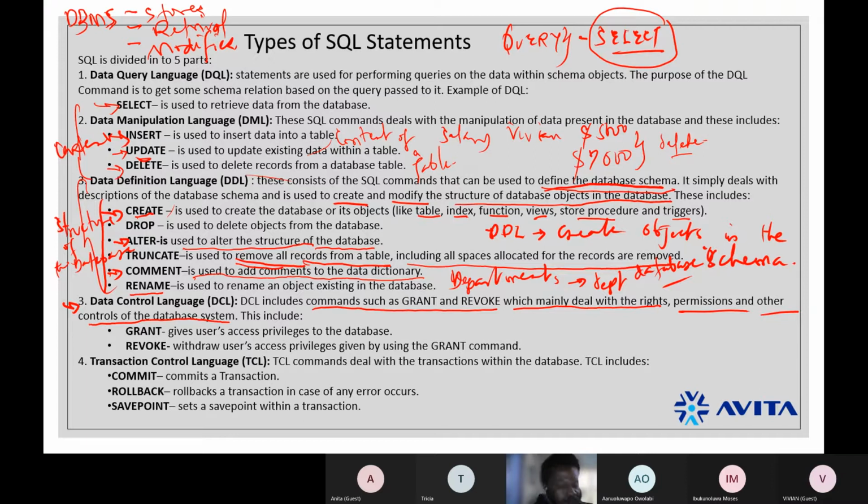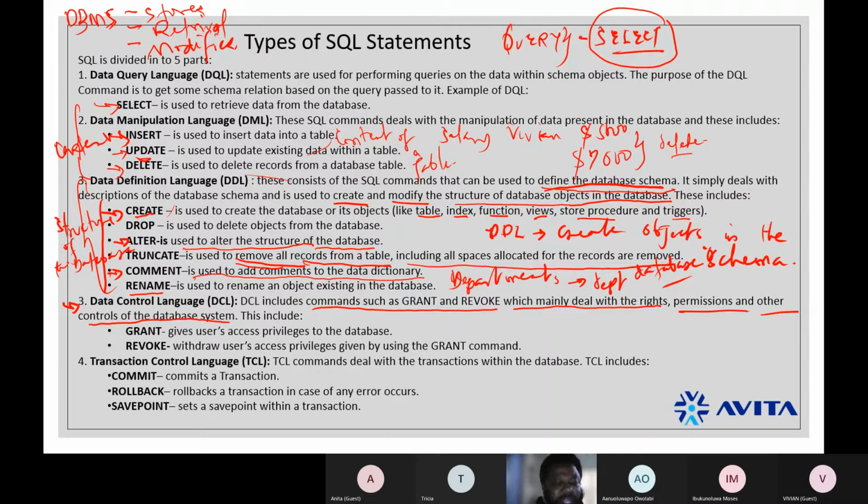Depending on the role that you have, your access on the database is dependent on that role. Your access to information, your access to objects on the database is dependent on the right and permission that is given to you. If you are not given a permission to use something in the database, you cannot use it. In fact, the access to log in to your account has to be given to you, right? Don't worry, we'll talk more about access, grant and revoke as we proceed.